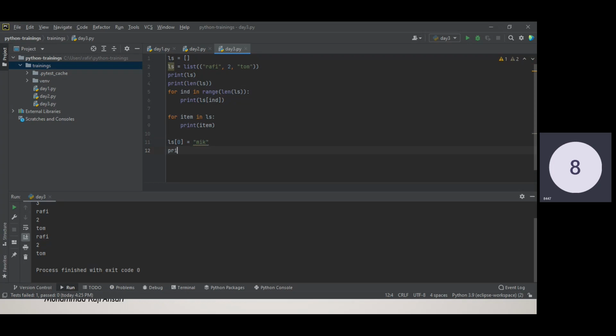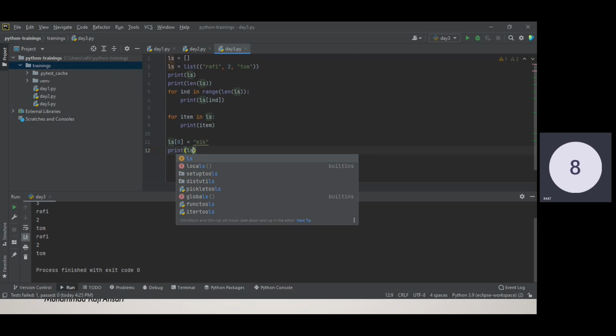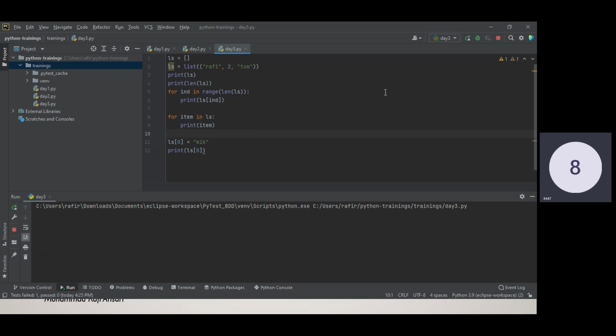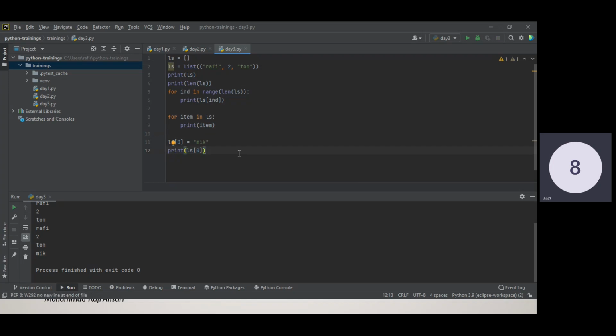And you can print ls. Make. See, now if you want to change for a range, so you can simply type like, give me a moment,